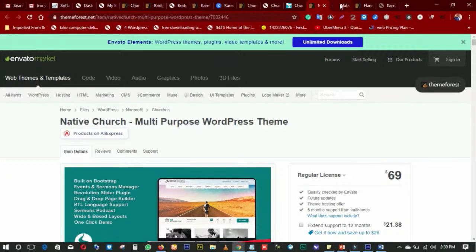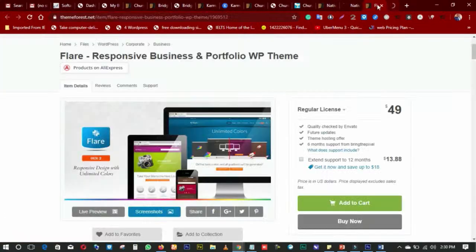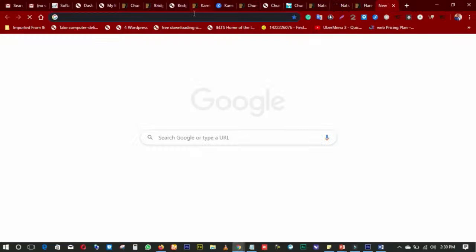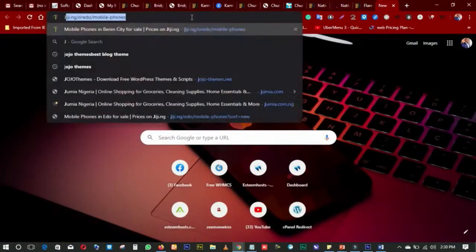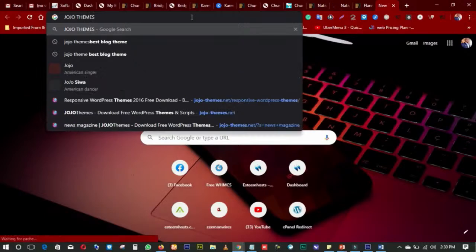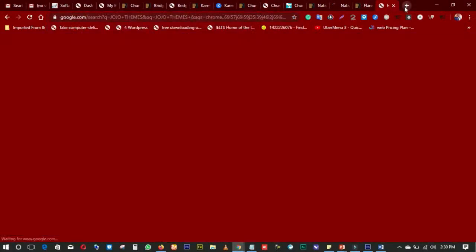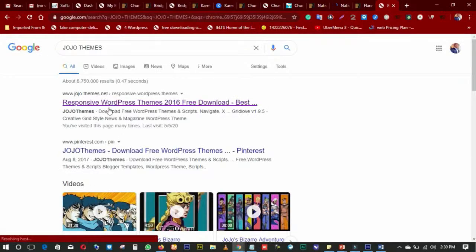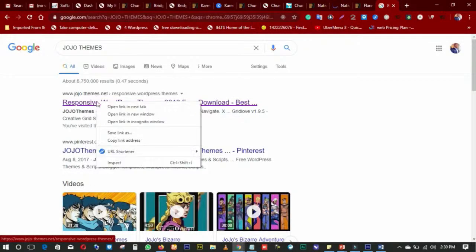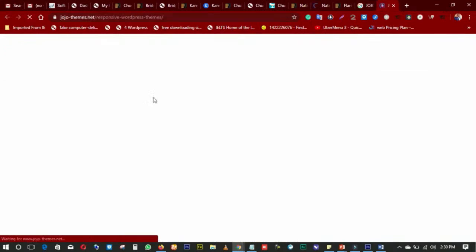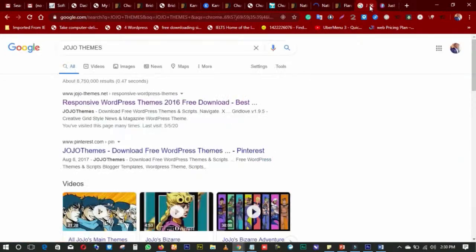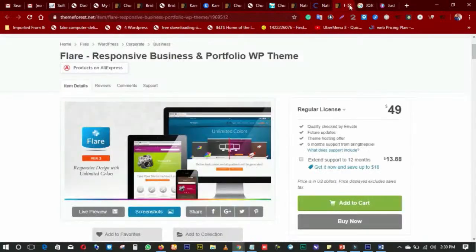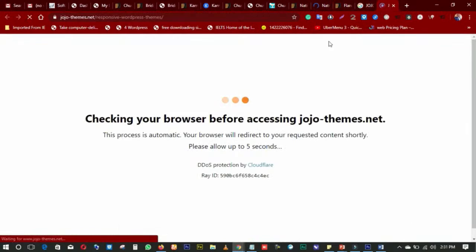I'll be showing you in a moment where you can download free themes. So all you have to do is come to your browser and just type Jojo Themes, enter. This website is a marketplace. You can download themes for free. Good quality themes. Yes, they are usable and customizable, almost the same thing you have on